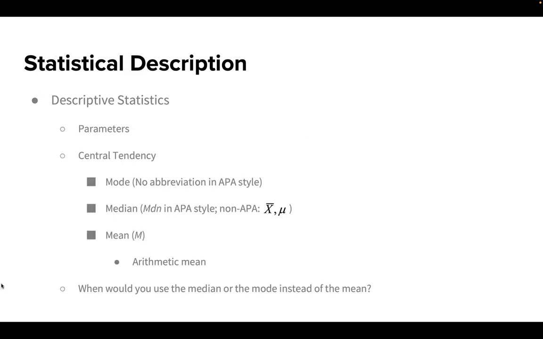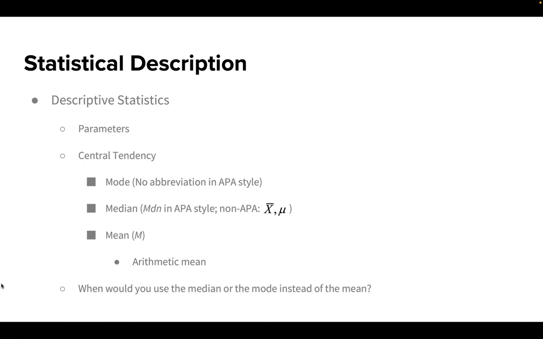Now, statistical description, something that almost always comes up when you're doing qualitative or quantitative research, is describing what you got through descriptive statistics. And it can include things like listing the different parameters, the central tendency, which is describable in three classic measures. There's mode, median, and mean. And these have different ways of writing them. So when you say average, you should always specify what kind of average. Usually you mean the arithmetic mean, the capital M in italics in APA style.